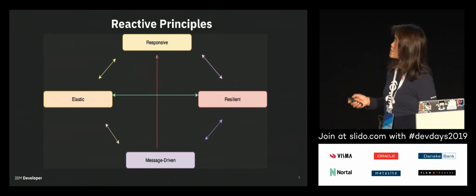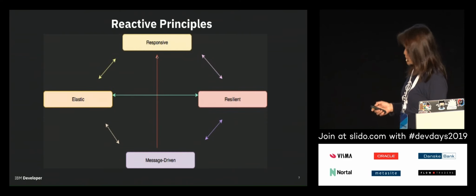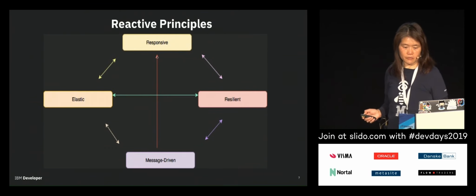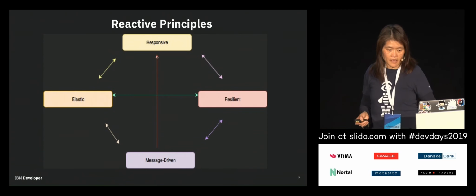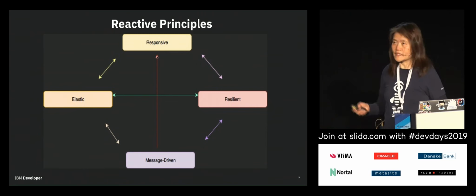Now I go into talking about the four core principles of reactive systems. First and foremost, responsive. By being responsive, what we really mean is that responsiveness is the cornerstone of usability and utility. So what it means is that systems need to